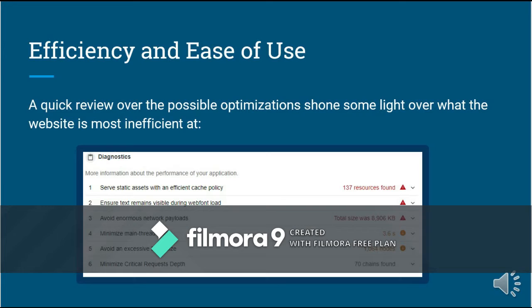What this is talking about is that when you have returning users, if you have a long cache lifetime, you can speed up the process of repeating visits to your web page. This, of course, translates into less load on the server, and on the user side, it translates into faster download speeds on the website.